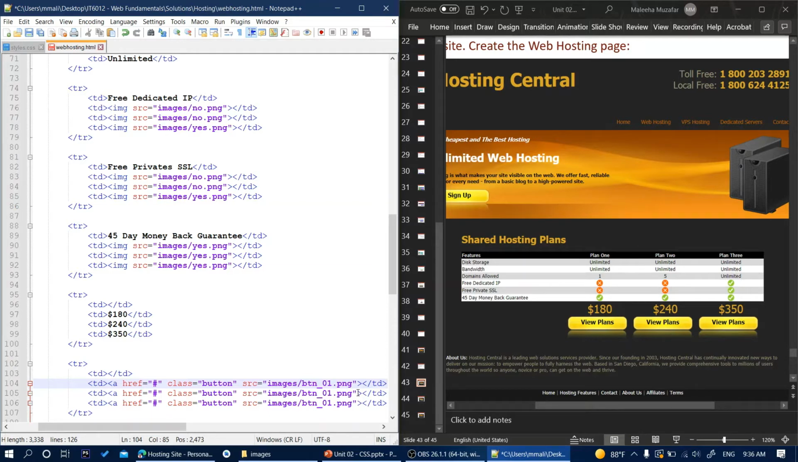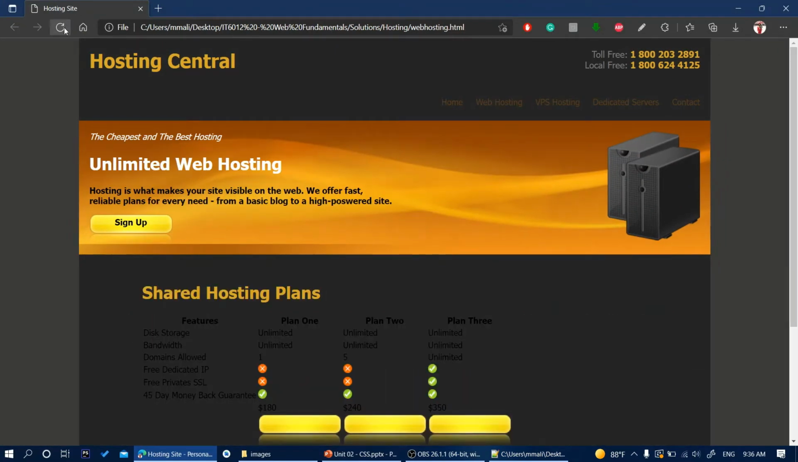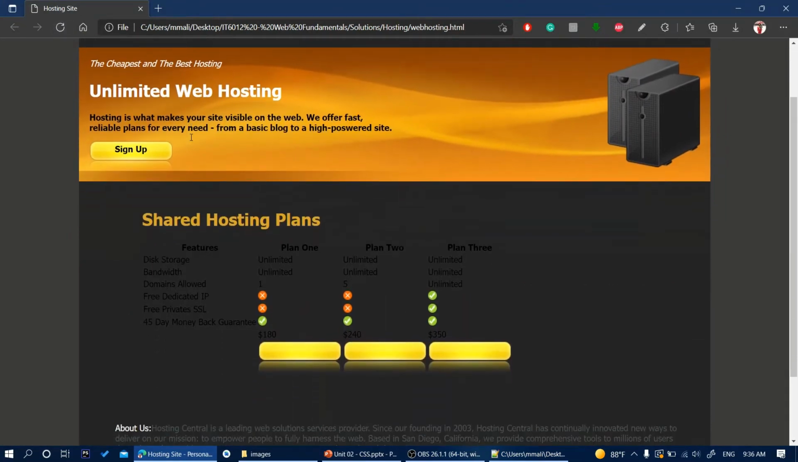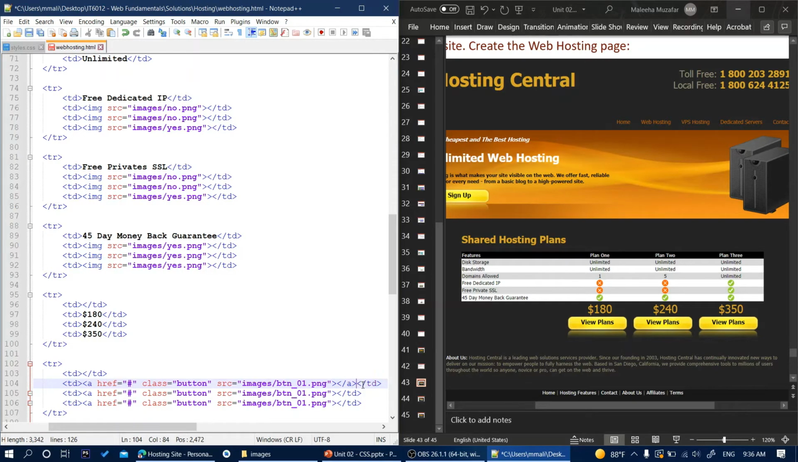Now I think we're done with the table. Let's see how it looks in the browser if we refresh. Okay, there is something. Oh, we forgot to write view plans in the button, right? So in the hyperlink, oh, we even did not close the hyperlink. Wow. So close the hyperlink for each of them,